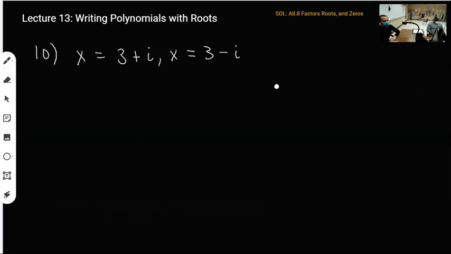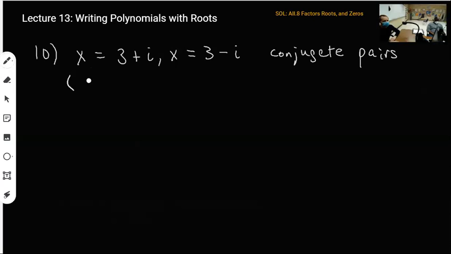Okay, so that's number 10. We've got 3 plus i and 3 minus i. Notice that these are conjugates of each other, so these two roots are showing up in conjugate pairs. Okay, so the first thing that we want to do is subtract these numbers from x, and